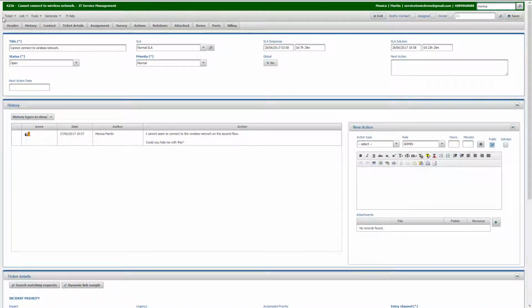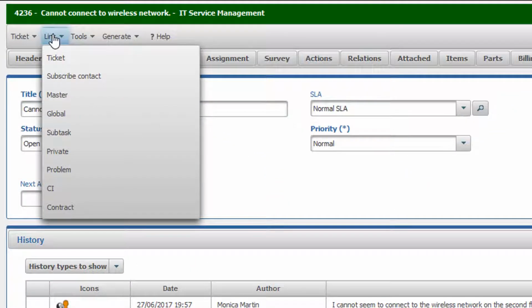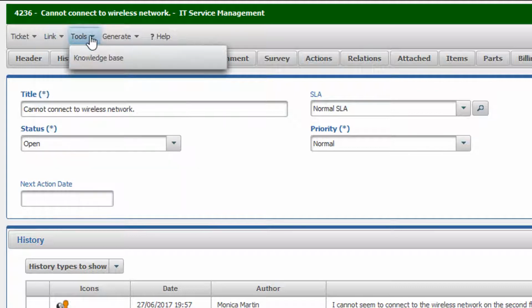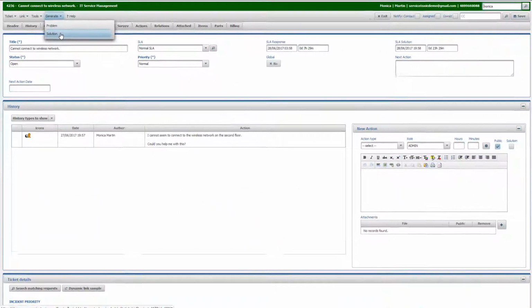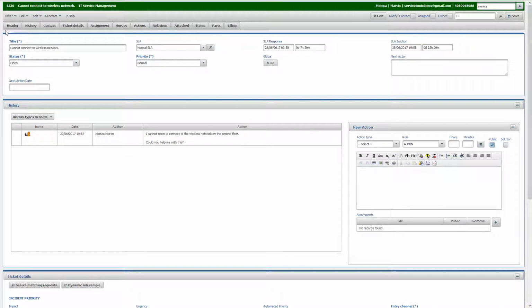Below the header, we have the menu, which we can use to perform actions on the ticket, such as linking the ticket to another ticket, accessing the knowledge base, and generating a solution. Further below, we have the tabs, which you can use to quickly jump to sections of the ticket, such as contact details